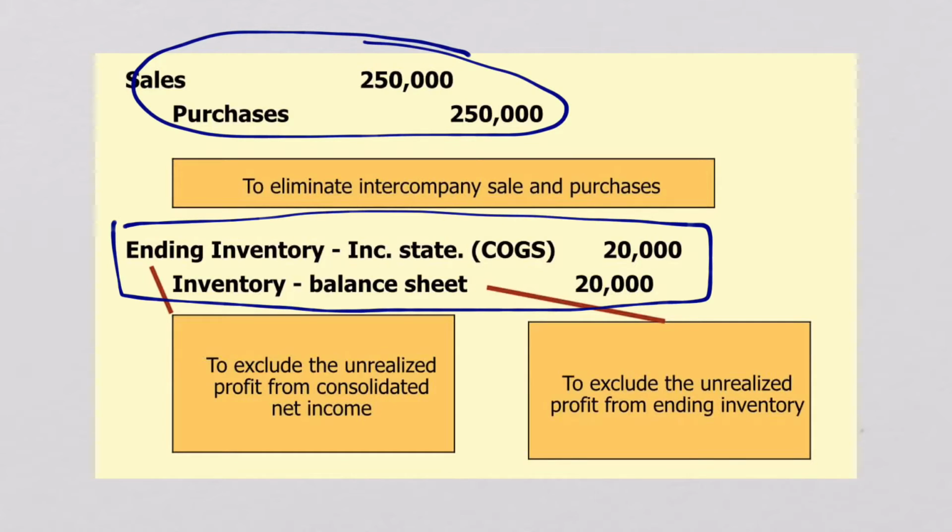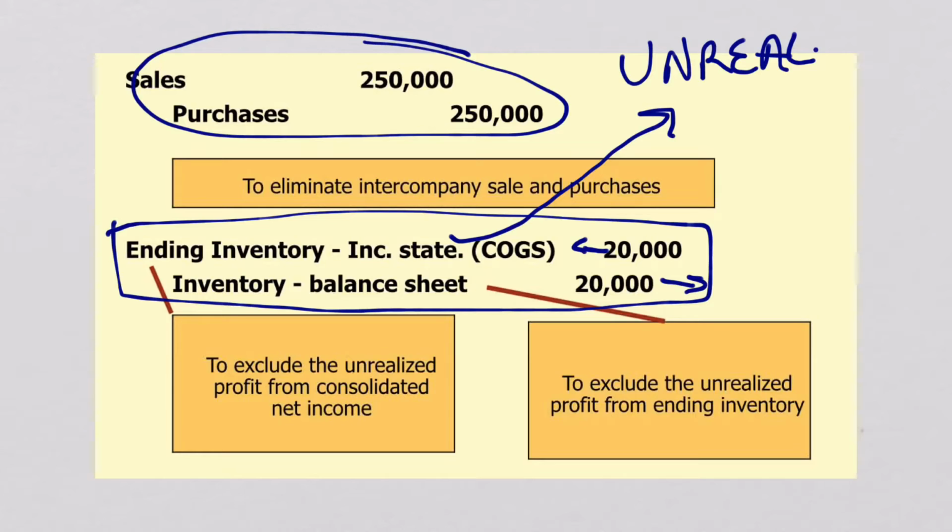And basically what we're doing, and these numbers should be sort of indented this way, debit and credit. Basically what we're doing here is we're increasing the cost of goods sold with this side, and that increase in the cost of goods sold is deferring the profit that's unrealized, the unrealized profit. And then if you think about it a certain way, what's really happening here is this entry is basically reducing the inventory balance on the balance sheet because the inventory has not left the